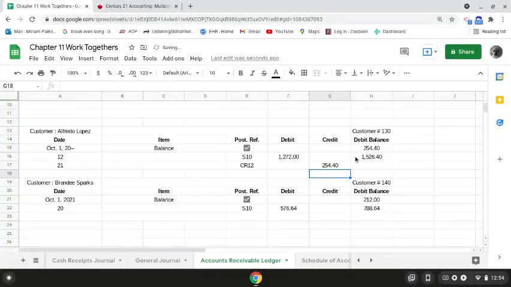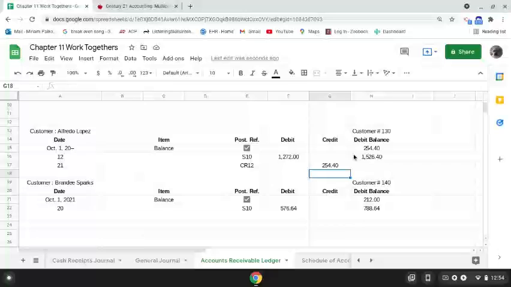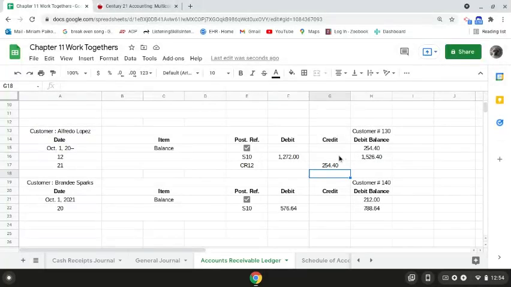Now, we had a previous debit balance of $1,526.40, and we have a credit entry of $254.40. So since we have a debit balance and a credit entry, we're going to subtract. So we're going to type in equals, take the $1,526.40, subtract that from the $254.40, and that will give us the new balance in the Alfredo Lopez account, which is